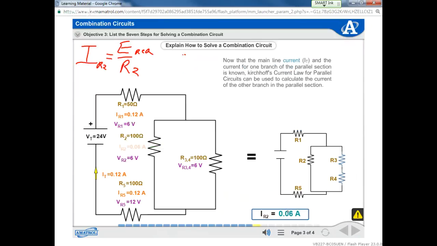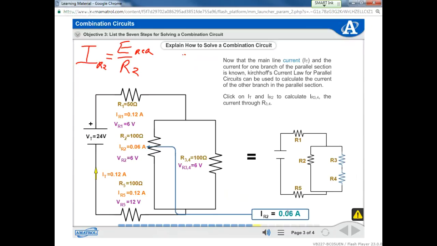Let's put that in the schematic. Now that the main line current, or I sub T, and the current for one branch of the parallel section is known, Kirchhoff's current law for parallel circuits can be used to calculate the current of the other branch in the parallel section. Click on I sub T and I sub R2 to calculate